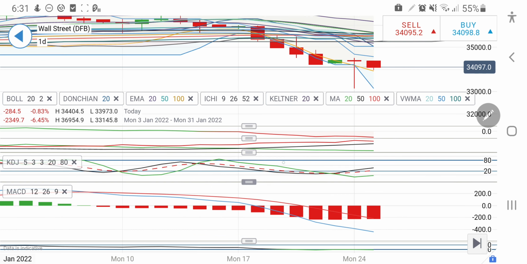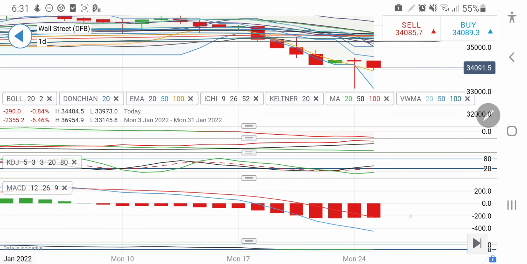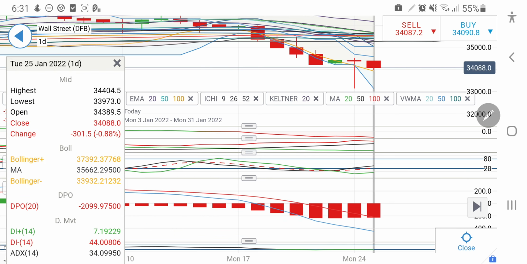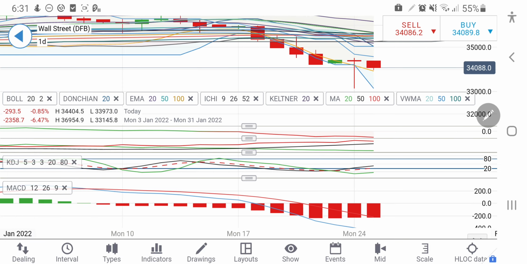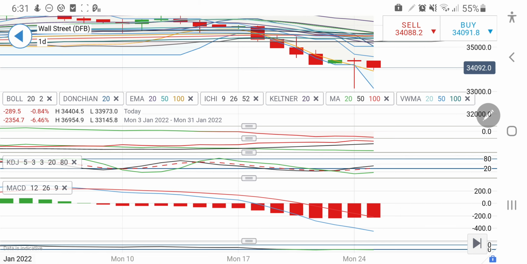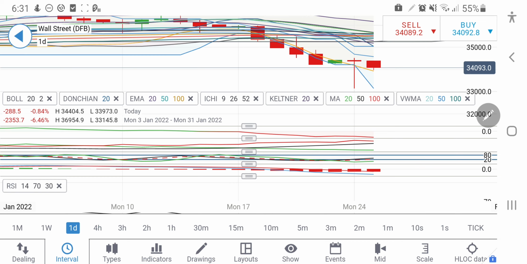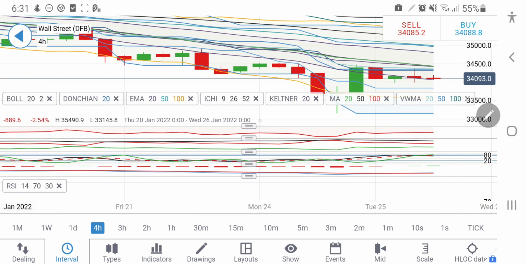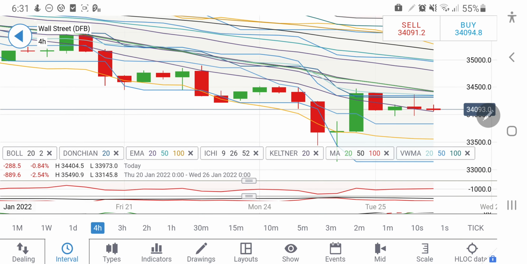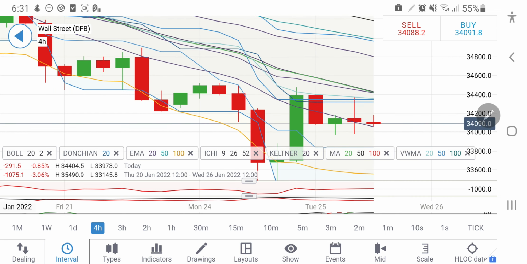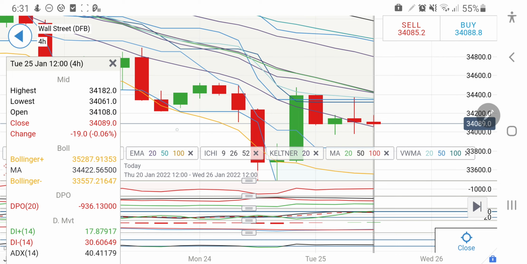So stochastic is indicating that yes, this is a level to buy, but only at certain levels. And if you look at the MACD, the lines are widely divergent and are still on the sell side. RSI is in oversold position right now. And if you look at the 4-hour charts, you will find that there is strong resistance from 34,400 to 34,420